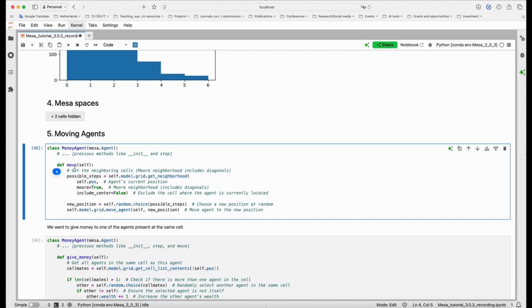So define the move function. This is how we want the agent to move. We want the agent to move to any of the 8 directions that are around it, because every cell on a grid has 8 different cells that are in the neighborhood. First, we want to get the neighborhood of that cell. So get the neighboring cell possible steps. These are the steps that an agent can do given its current location. Possible steps equal,